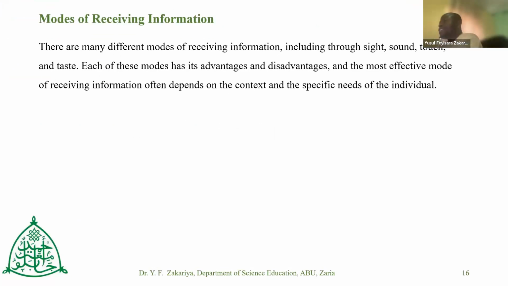There are many different modes of receiving information. It could be through sight, through sound, through touch and taste, like we had in the olden days, where you see smoke close to where you've agreed that you put a smoke, where if there is any important information for your people in the community, then you know, okay, there is a piece of information. Or the sound, like when you beat a drum for calling the attention of people.